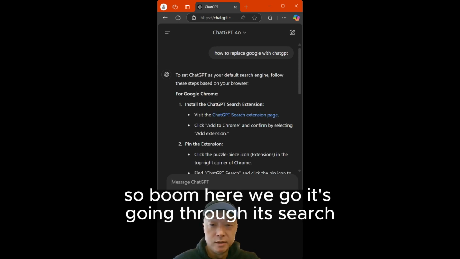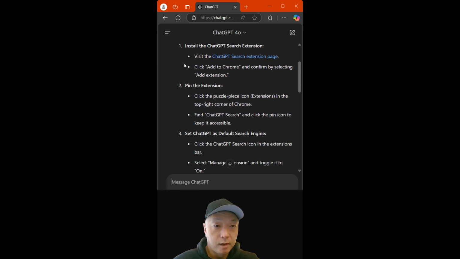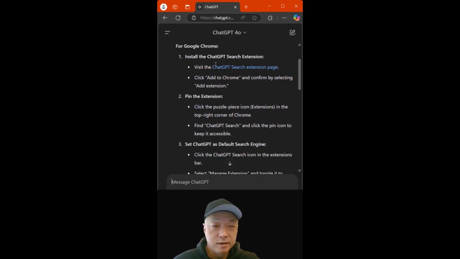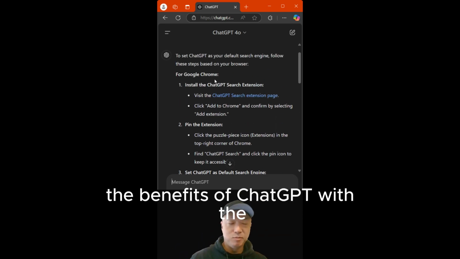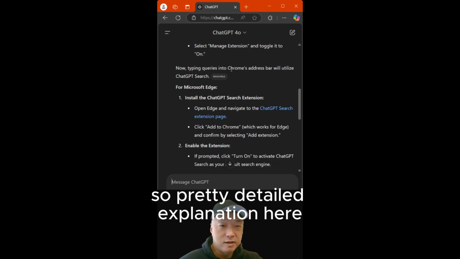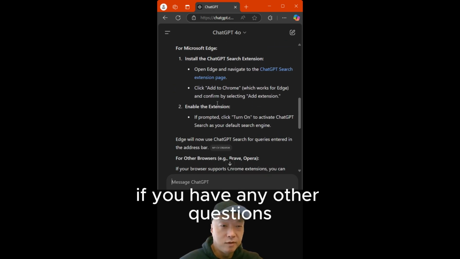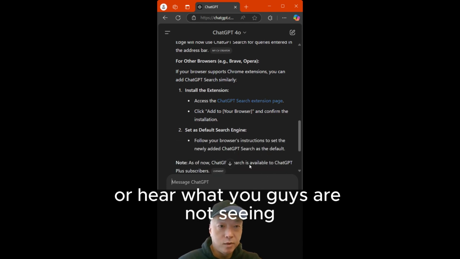So boom, here we go, it's going through its search. So this is just the benefits of ChatGPT with the search capability. So pretty detailed explanation here. If you have any other questions, you can just go ahead and type that into the message bar here. What you guys are not seeing,